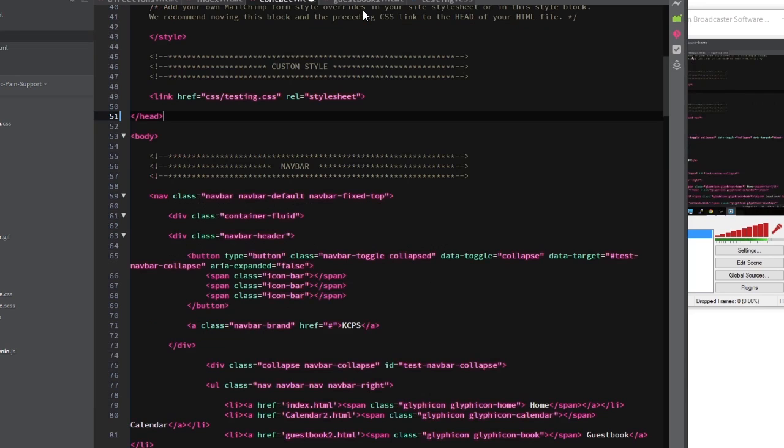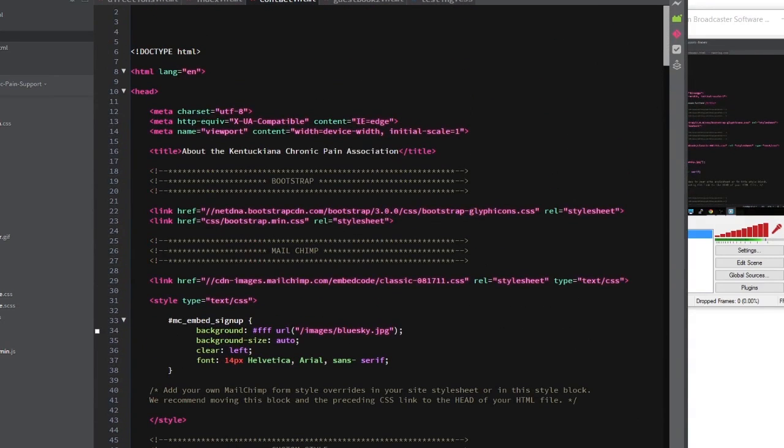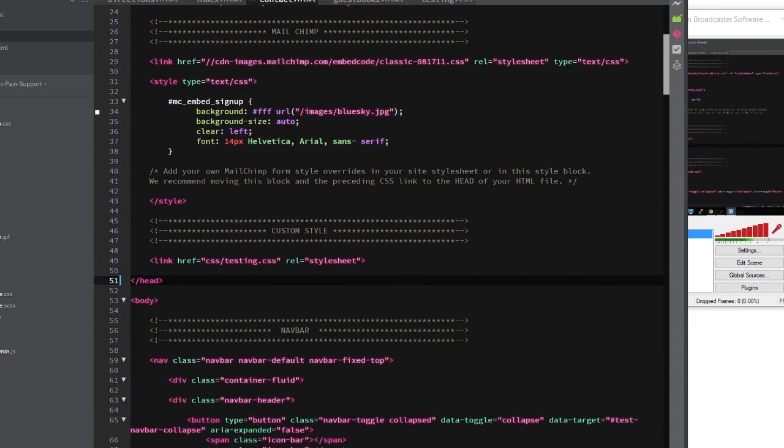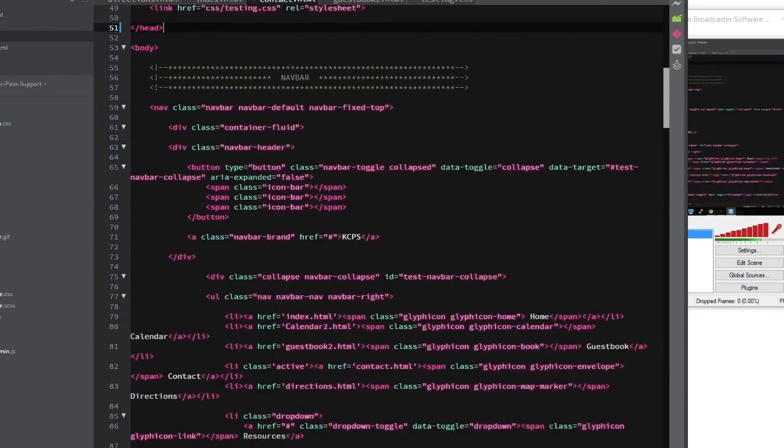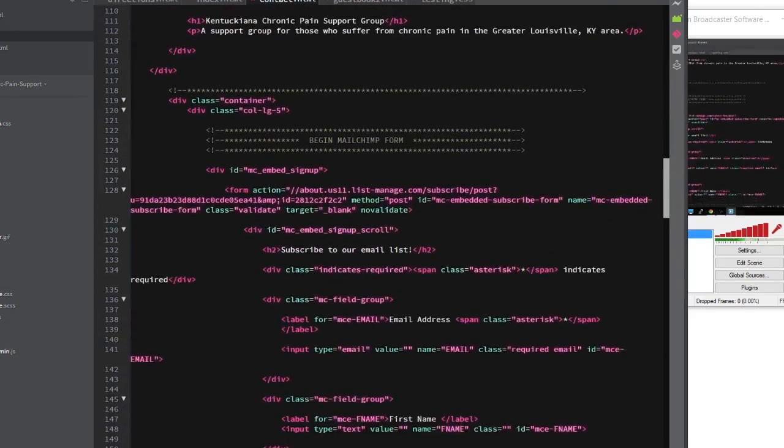If I look at the contact page, this is where we're going to see the MailChimp API form. So up here in the head section, you can see the style tag, which is where MailChimp recommends that you put this information in the head of the document of the page, as well as the CDN for the MailChimp CSS file. So down here after the nav bar items, you can see the MailChimp form code,